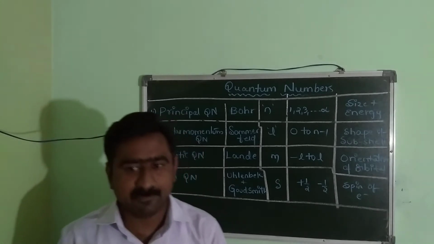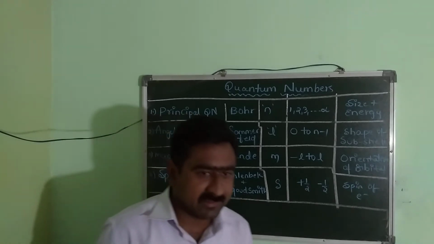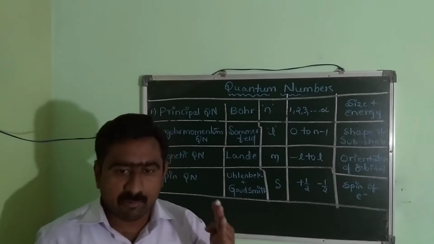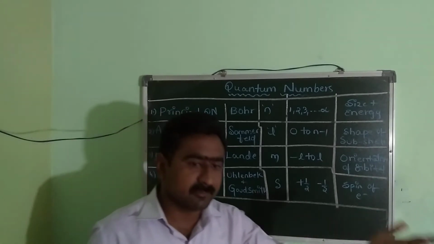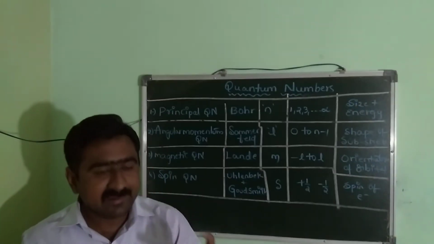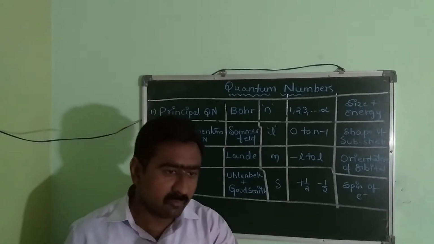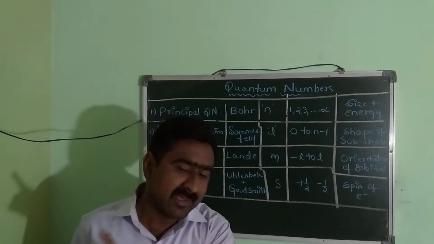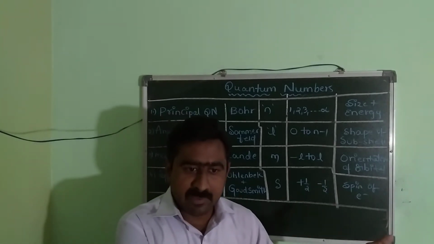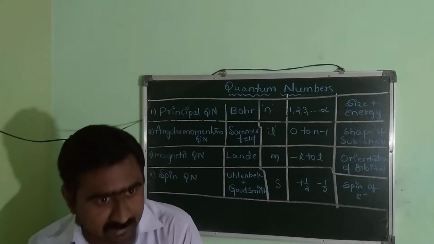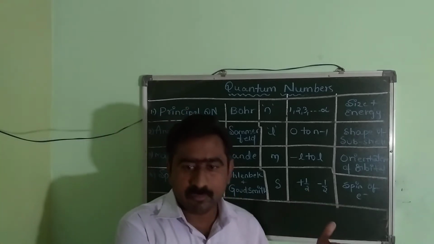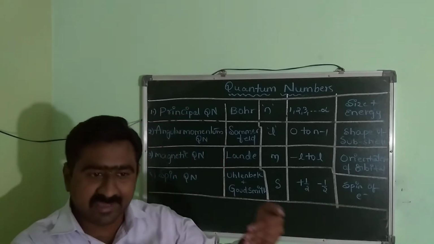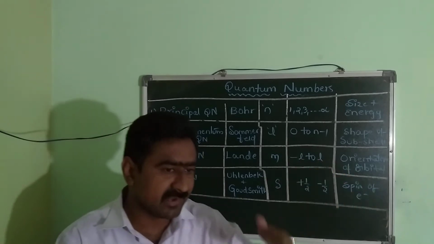Now, if we are asked about the principal quantum number, we can write: the principal quantum number was developed by a scientist called Niels Bohr and it is denoted by the letter n, and the minimum and maximum values of the principal quantum number n are 1, 2, 3 and so on up to infinity. So you can say that 1 is the minimum value and infinity is the maximum value. And coming to the principal quantum number, it gives information about the size and energy of the main shell or